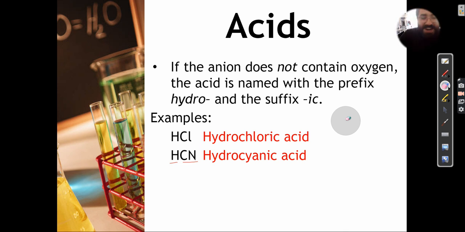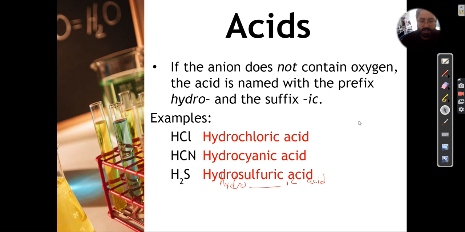All right. So, since there's no oxygen in there, it's going to follow the hydro rules, right? So it's going to be hydro blank ic acid. All right. So CN is cyanide. We change the ending to ic, hydrocyanic acid. And that's it. That's it for these. This one right here. There's H and no oxygen. So it's going to be